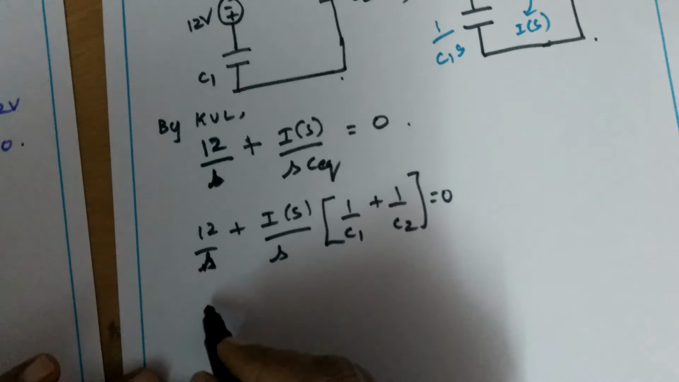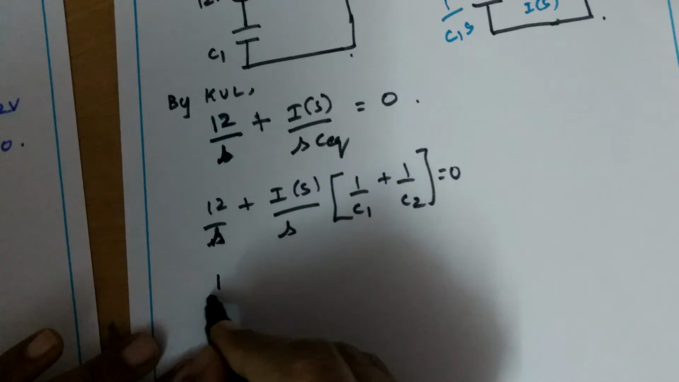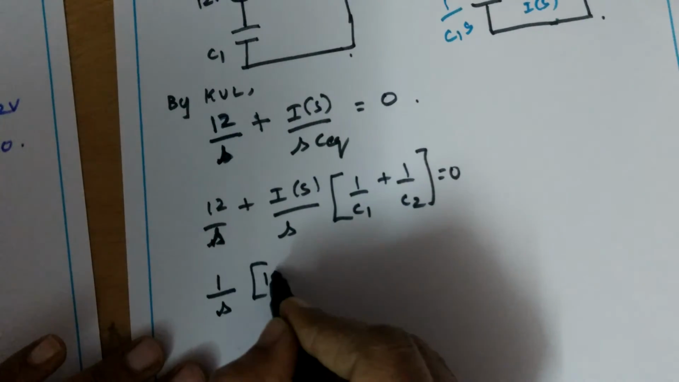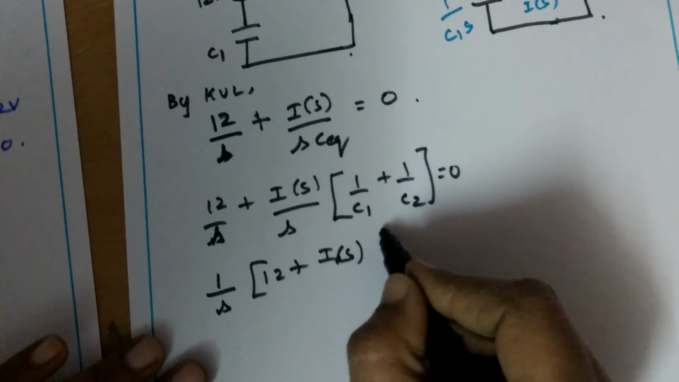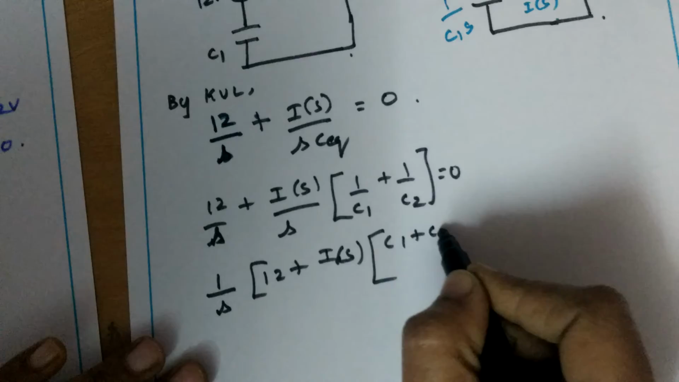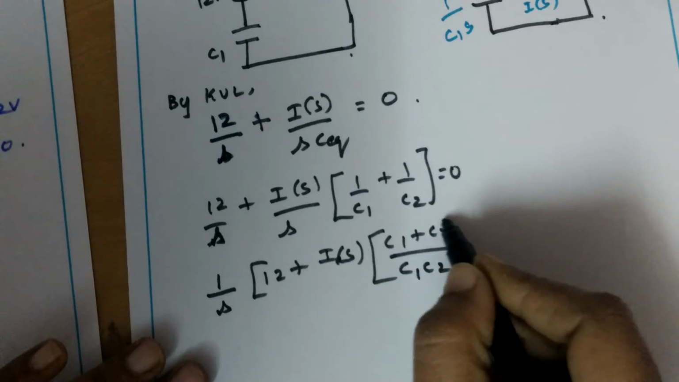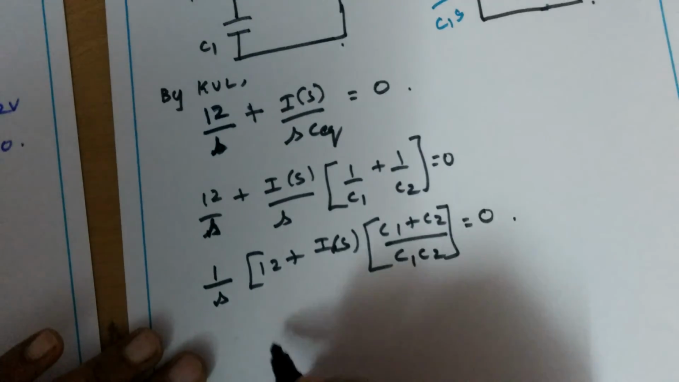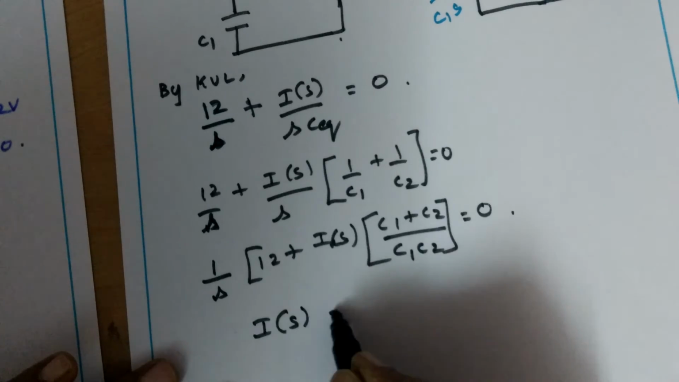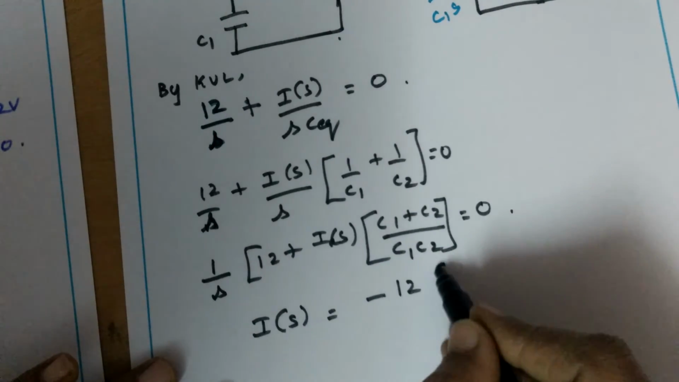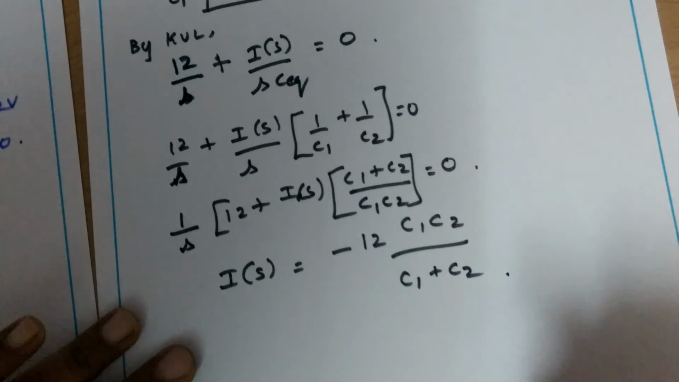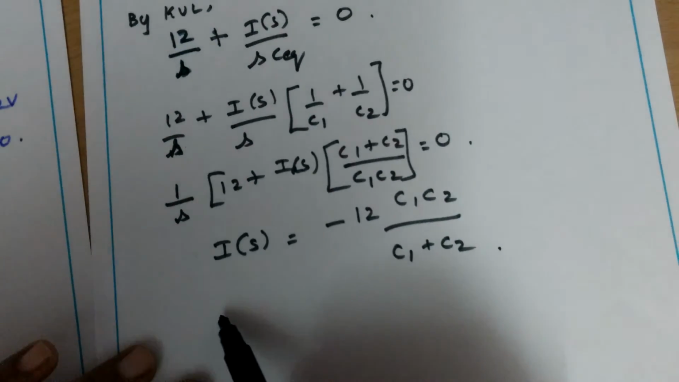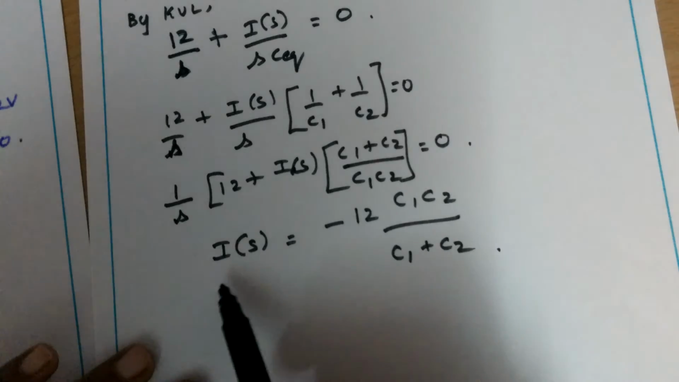So after substituting this, 1 by S into 12 plus I of S into what is this? C1 plus C2 by C1 C2 equal to 0. So I of S will be equal to minus 12 into C1 C2 by C1 plus C2. So from this we can find I of S is